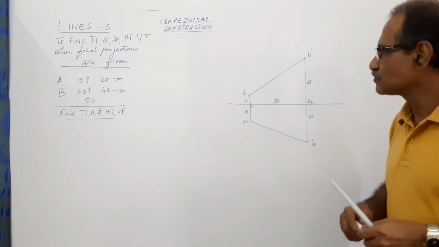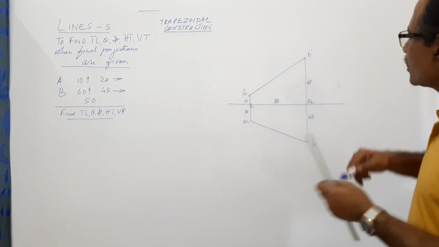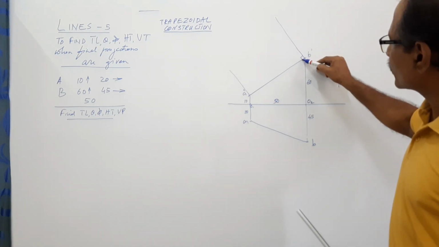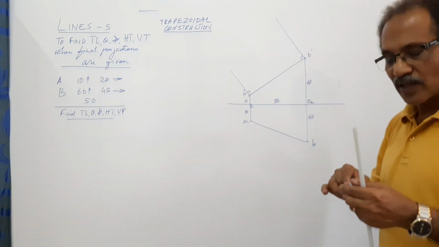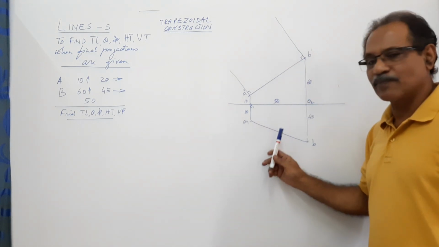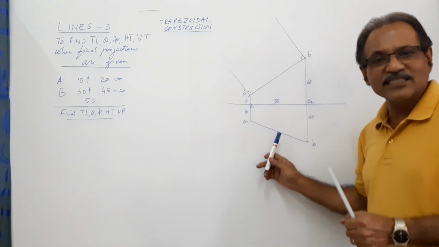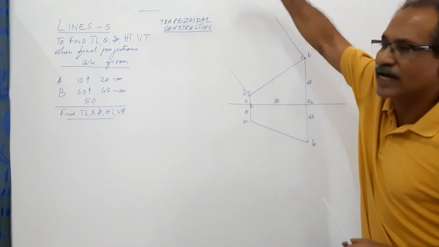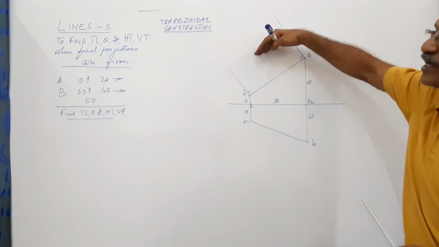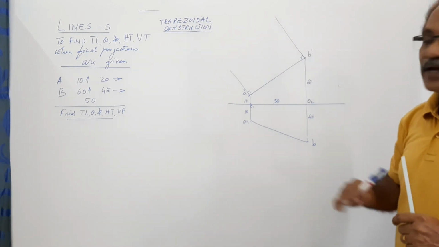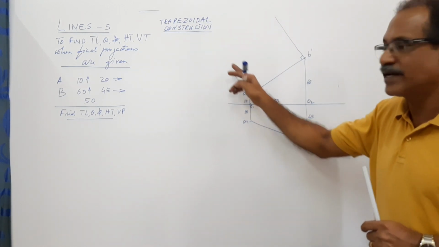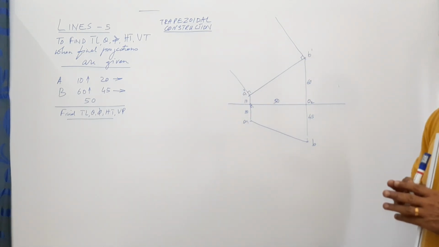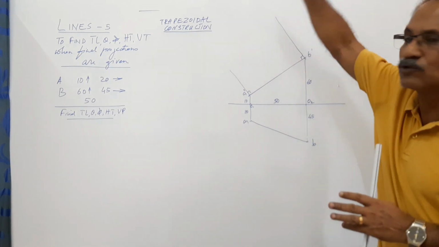What I do is, I am going to draw perpendiculars to the elevation at A dash and B dash. I have drawn perpendiculars at A dash and B dash. While drawing these perpendiculars, I look for the plan. This is the plan. Plan does not cross XY, so I draw them to the same side. Same side means I can draw to that side or to this side. There is free space there, so I prefer that side. If the plan is crossing XY, at one point I will draw in one direction and the other point I will draw in the opposite direction. Here the plan is not crossing XY, so I draw them in the same direction.